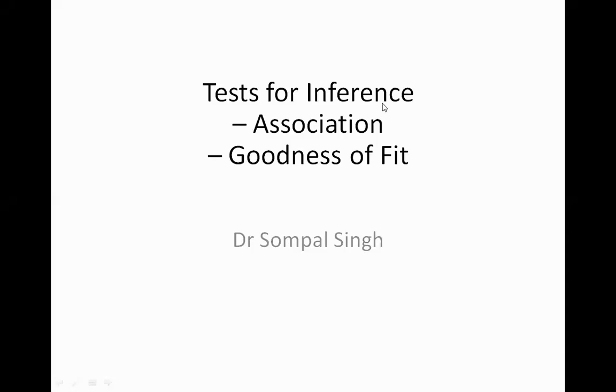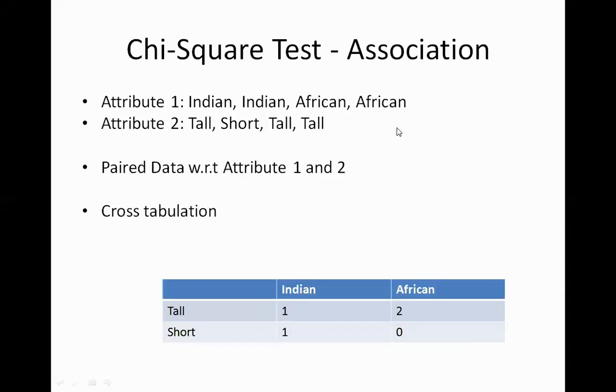So the topic is test for inference. One is the measure of association. The other is measure of goodness of fit. So when we use the chi-square test as a measure of association, then